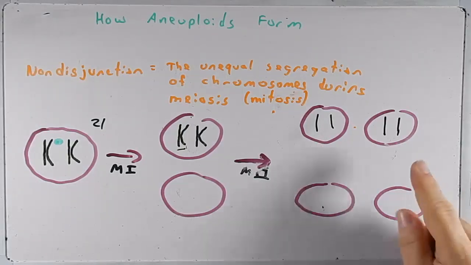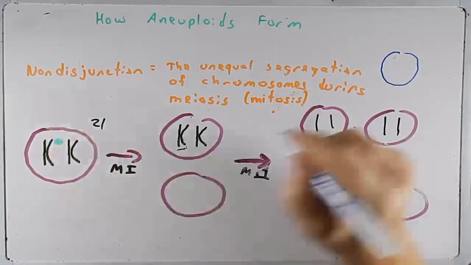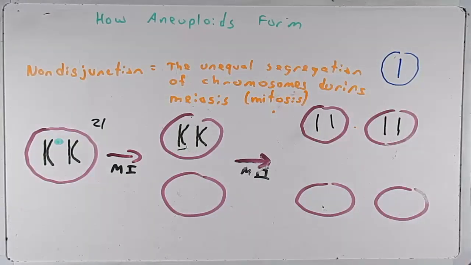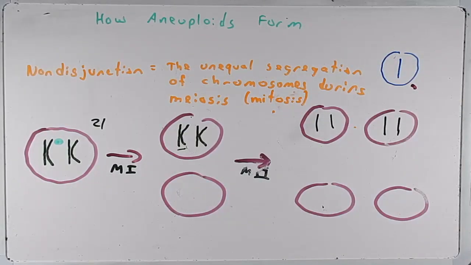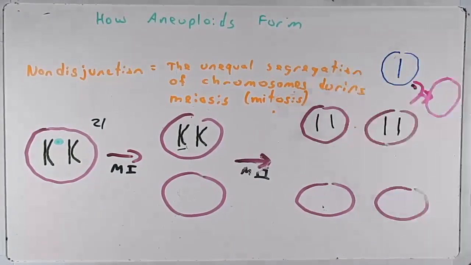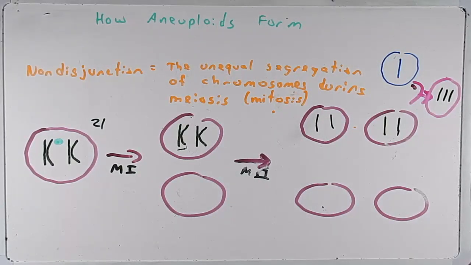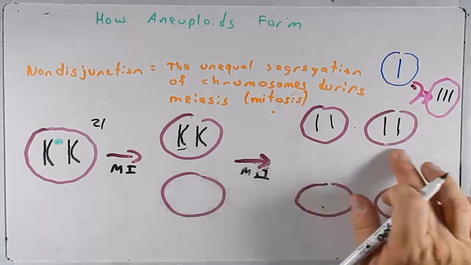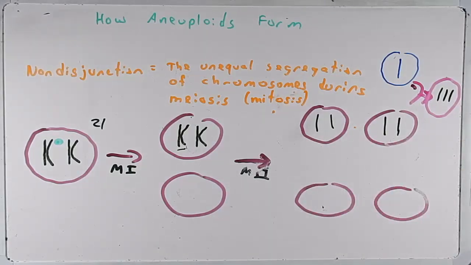And if this were to be fertilized with another gamete that did not undergo non-disjunction, and so it only had one chromosome 21 in it, when they come together during fertilization, they would produce a cell with 3 copies of chromosome 21 in it, or an individual who would have Down syndrome. Non-disjunction creates gametes that will ultimately lead to a trisomic individual,